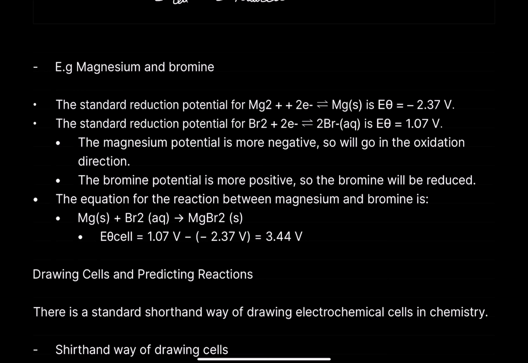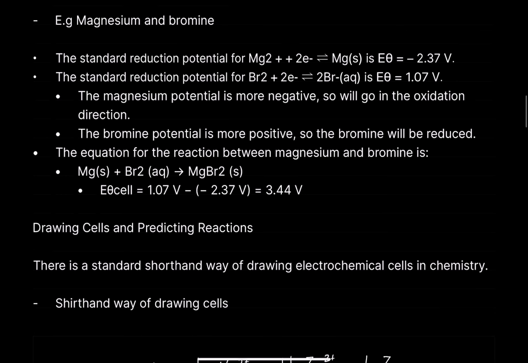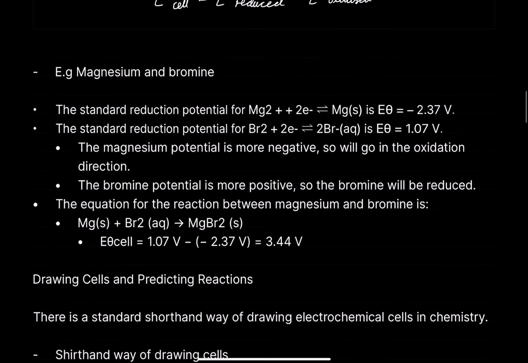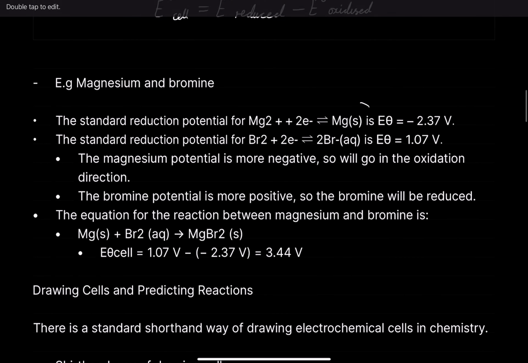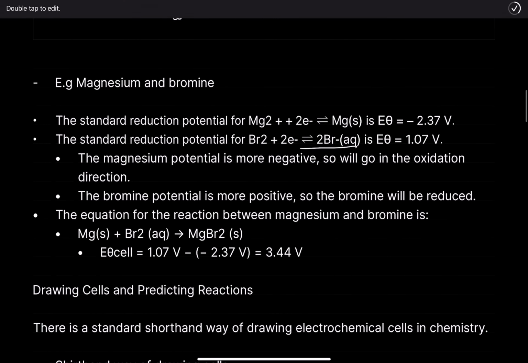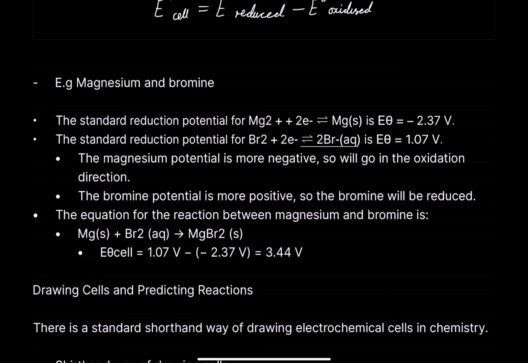Our individual electrode potentials don't follow the usual rule that we have. So therefore, it must go in this direction only. That's what I'm trying to emphasize. They probably didn't say it in the right way. What I'm trying to say is that if we said that magnesium is more likely to be reduced, and this is more likely to be oxidized,